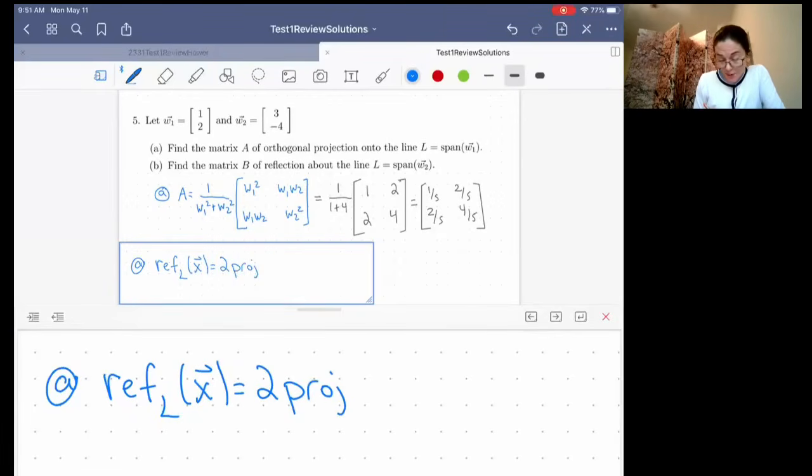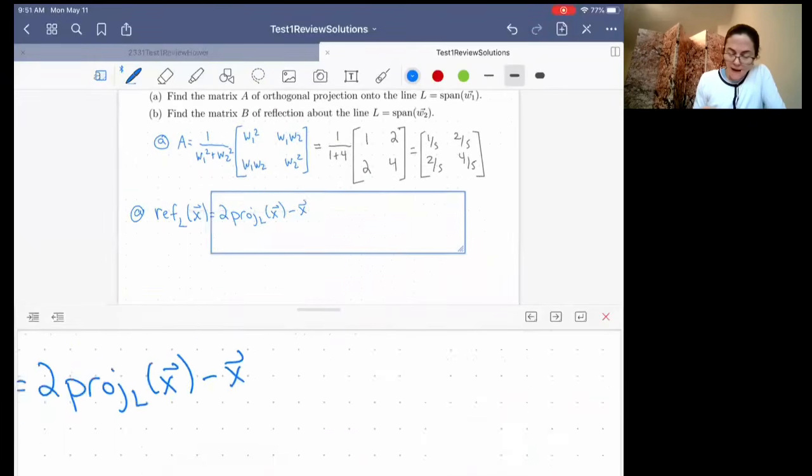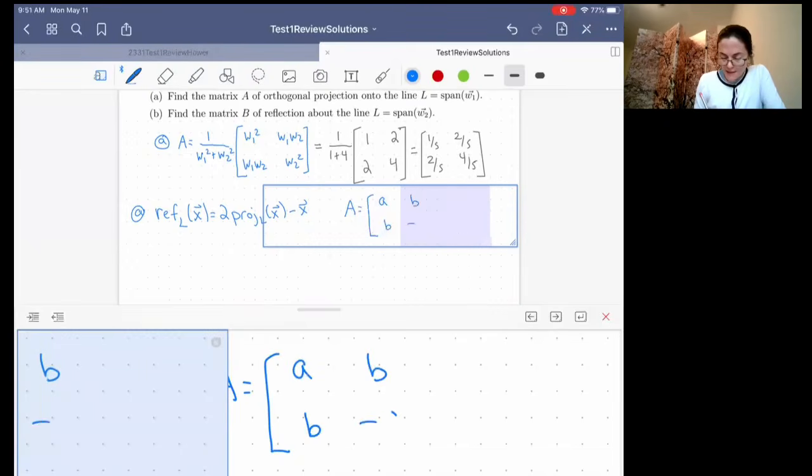It's 2 times the projection onto that line minus the vector. Okay, and we also discussed that to find the matrix, the matrix has the form A, B, B, minus A,